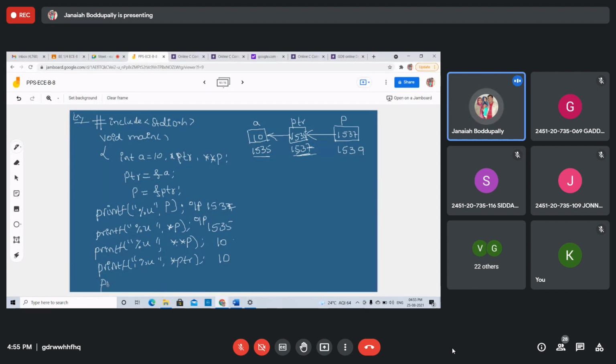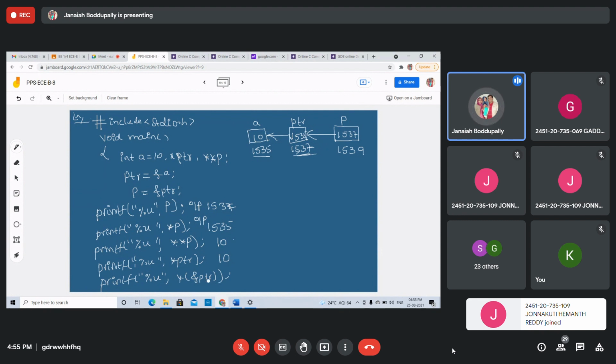One more printf statement: printf %u star ampersand of PTR. Now tell me, students, what is the output? Ampersand of PTR, what is that?